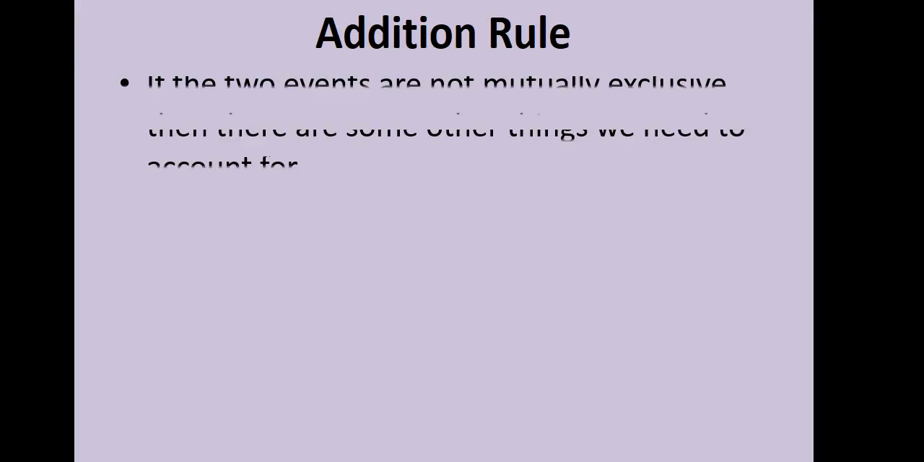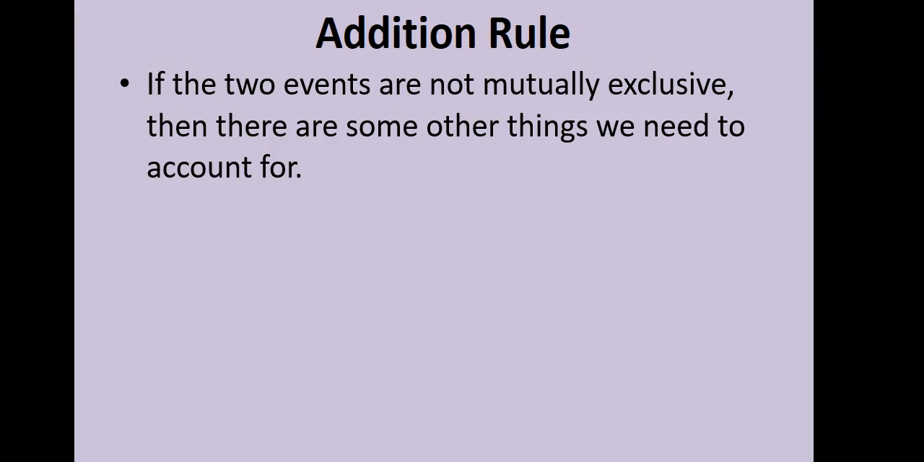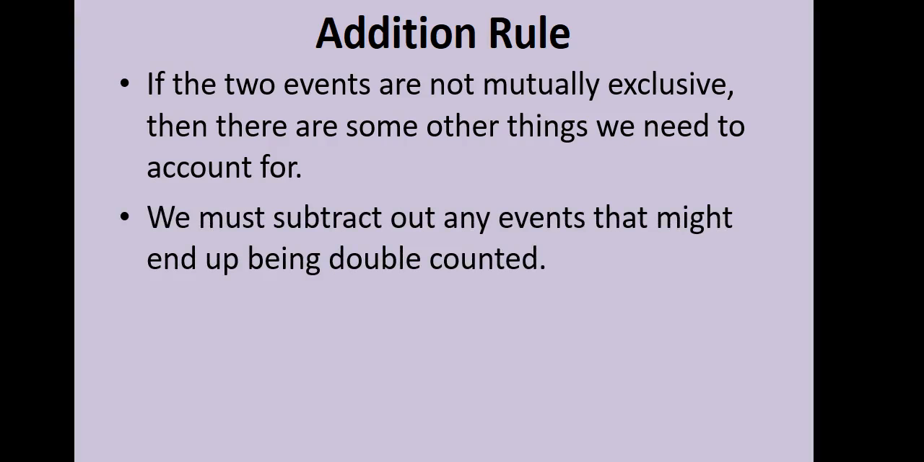Now, we also have to consider the addition rule when the events are not mutually exclusive. If the events are not mutually exclusive, they could happen at the same time. They're not necessarily guaranteed to happen at the same time, but there would be a possibility that they could. And in situations where they could happen at the same time, we have to take some things into account. The first thing that we would have to do is recognize the fact that they could happen at the same time. And then what we would have to do would be subtract out any events. After we add the two probabilities together, we would have to subtract out any events that might end up being